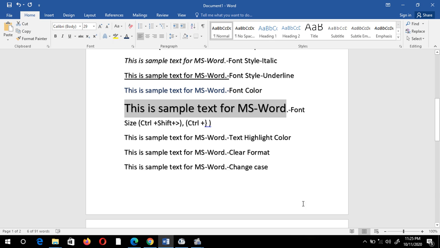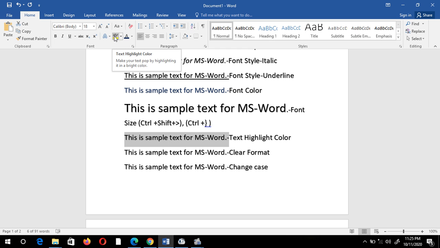After that, we have text highlight color. For this, I have to select the text first, then select this option. In the font group, you can see there is an option, text highlight color. Click on this drop down option and you will get a dialog box having colors.